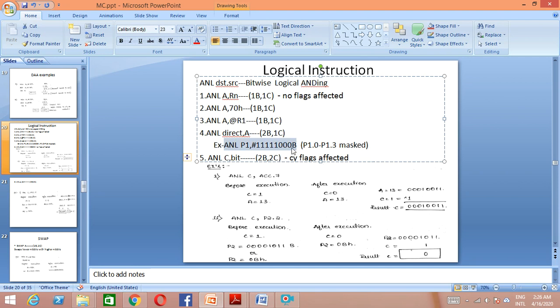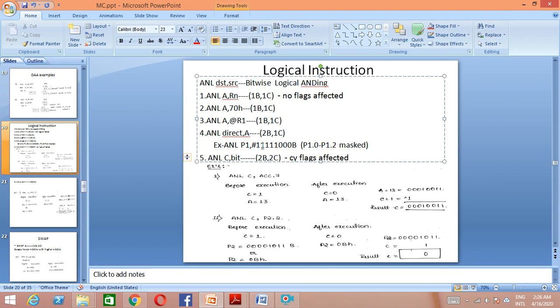So this is P0 to P1.0 to P1.3, P1.0, P1.1, P1.2. So P1.0 to P1.2 are masked, and the rest of the bits are high.